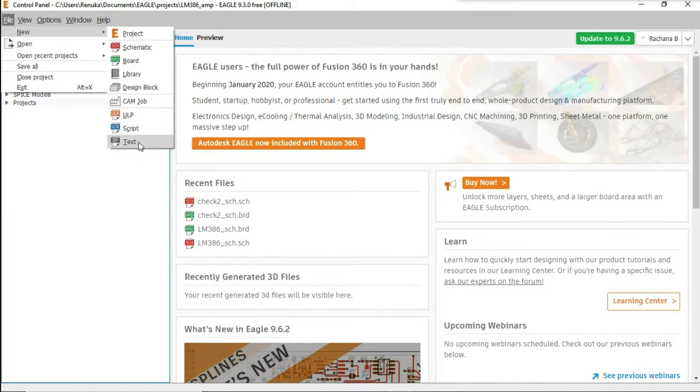Text is used to attach any text notice along with the designer. Suppose you have designed any circuit and you're giving that design file to manufacturer to